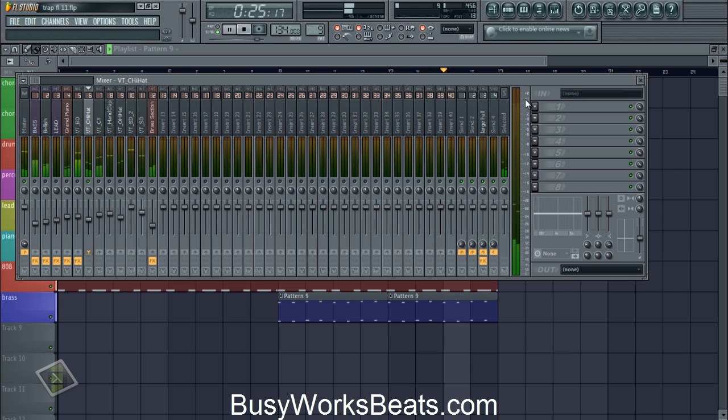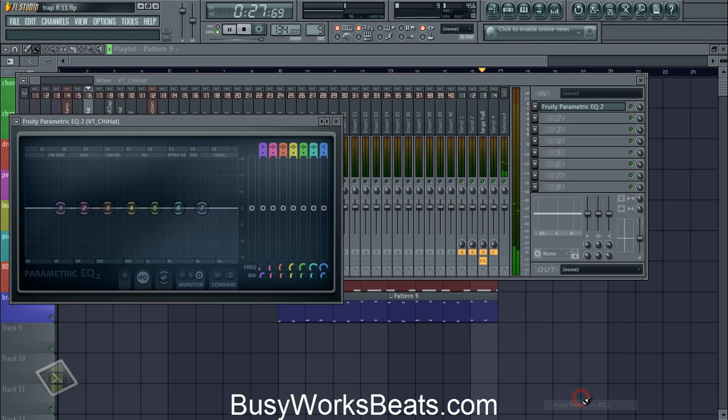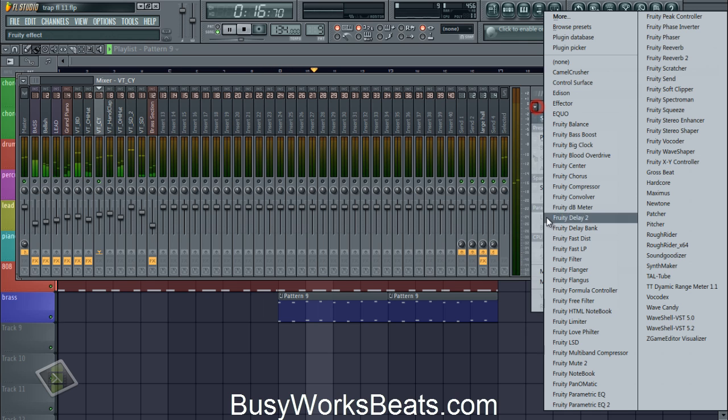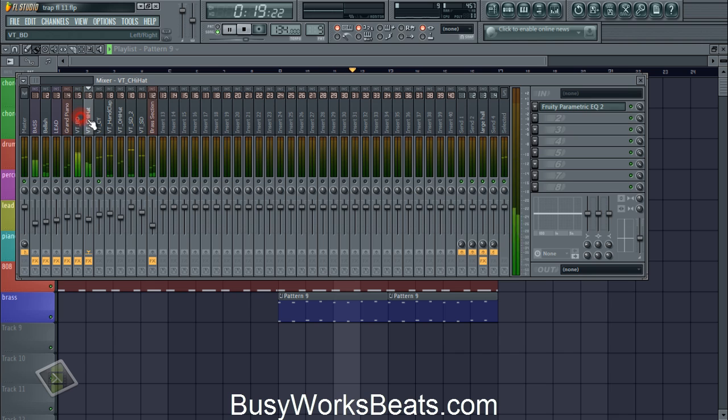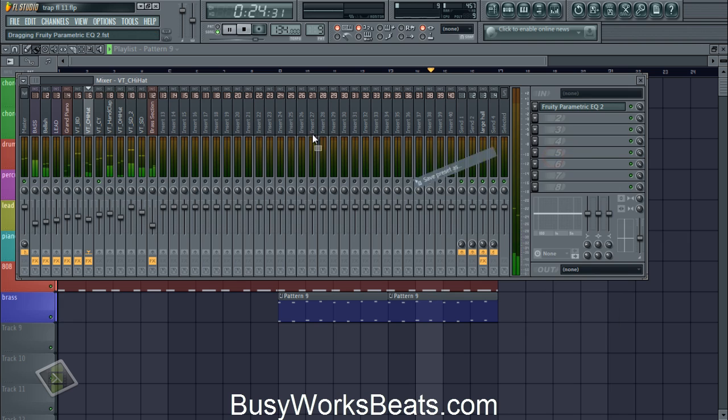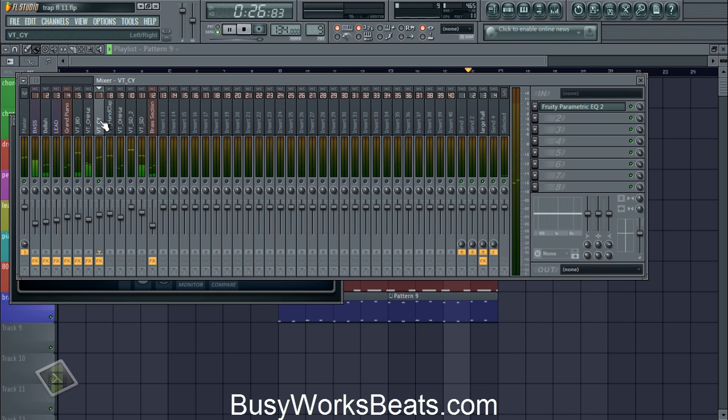Here's the hi-hat. Again, you want to get rid of those low frequencies that you don't need. High pass filter does that job. Slide that over. You could add a little bit of the hall reverb on here. Just a little bit. Let's go to the cymbal. Again, the same exact thing. You could even go to the hi-hat, left click, save preset as, and left click and drag it onto the cymbal so it has the same high pass filter. Then you want to give it a little bit of hall reverb.